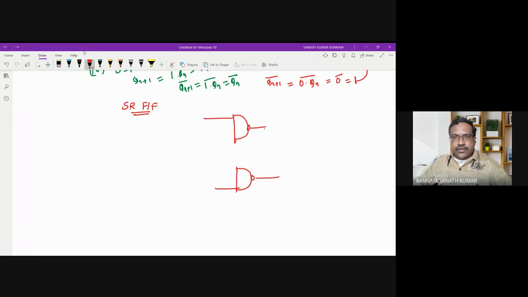Okay. So you have one NAND gate, and this is the SR latch. The input is feedback here. The output is feedback here, and you have a common clock over here. So that means it can be positive edge trigger or negative edge trigger. Here there is a positive edge trigger. This is the clock, and here you have S, and here you have R.